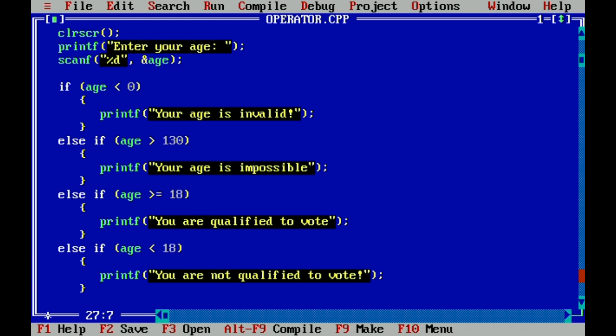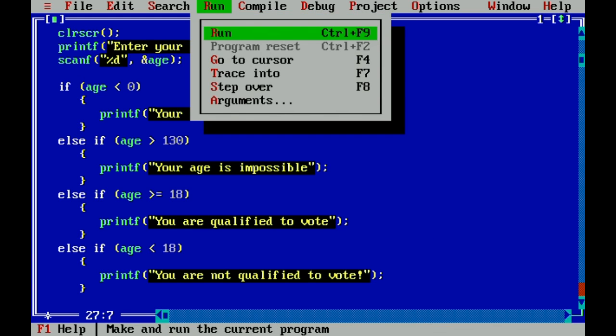So if we run this program, you will now be required to enter an age. So let's say my age is negative 34, so what is expected is that it's an invalid age. So it will display your age is invalid. If you run it again and then you enter 1,500, then it will display your age is impossible.